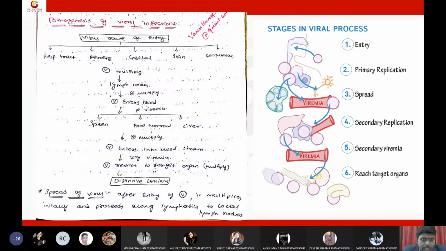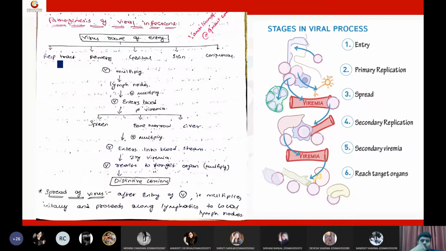Now, without seeing these slides, can you give me examples of a few viruses, like respiratory virus, enteric? Can you give me examples, students, for all these 5 routes? Examples of respiratory virus? The respiratory virus like coronavirus, and for enteric it is polio virus. Okay, corona, enteric polio. For genital? Genital HIV. So herpes virus. Skin. So herpes virus, HIV virus. Very good. Hepatitis, HIV, herpes can be genital viruses. That means they're sexually transmitted diseases or viruses.